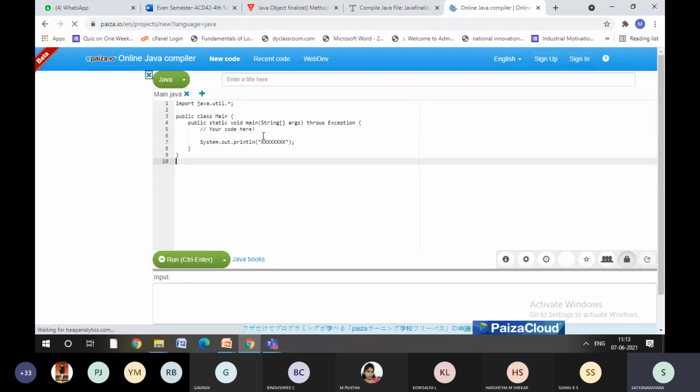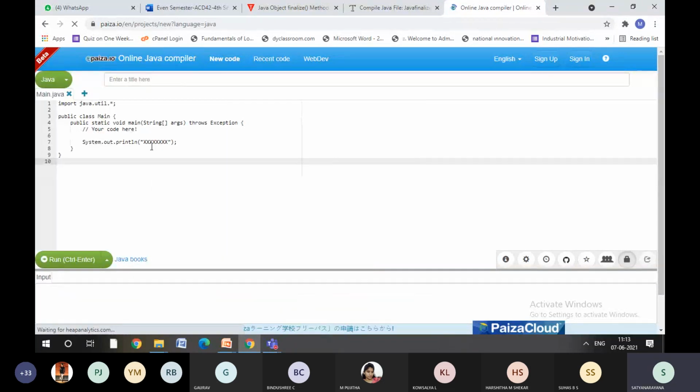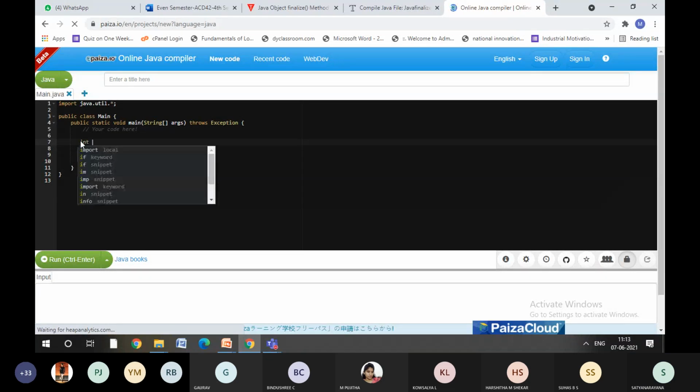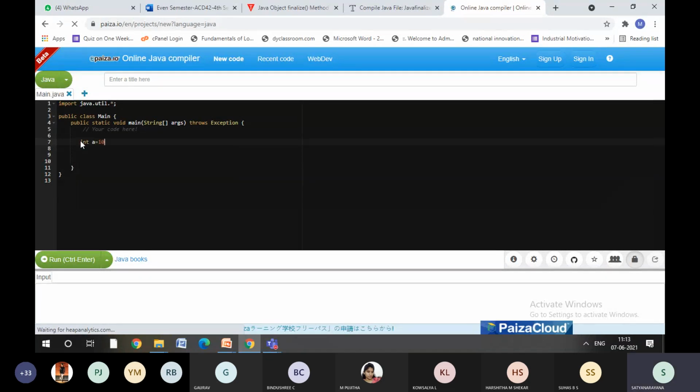All right. Say for example, if I want to define two variables, let me define two variables here. I'll say int a equals 10. Again, I want int a equals 20. Right?